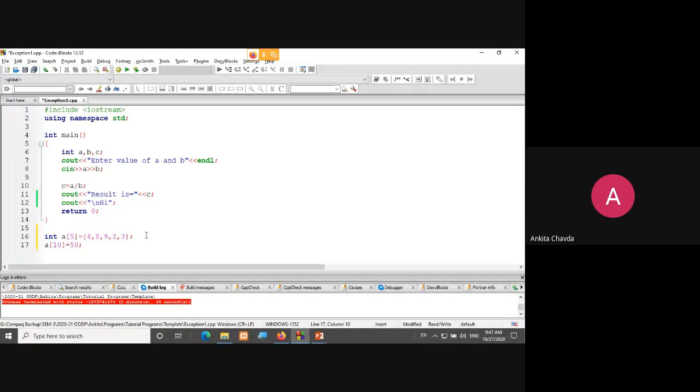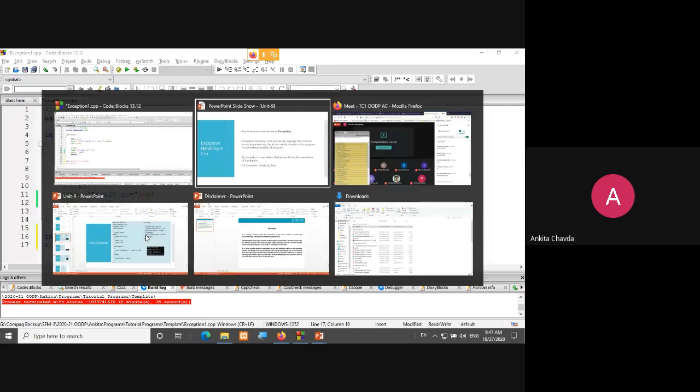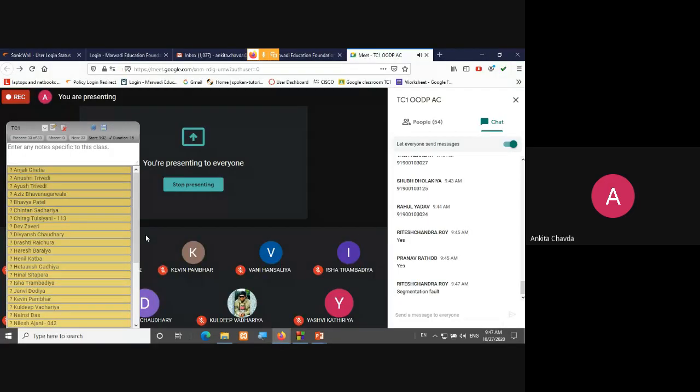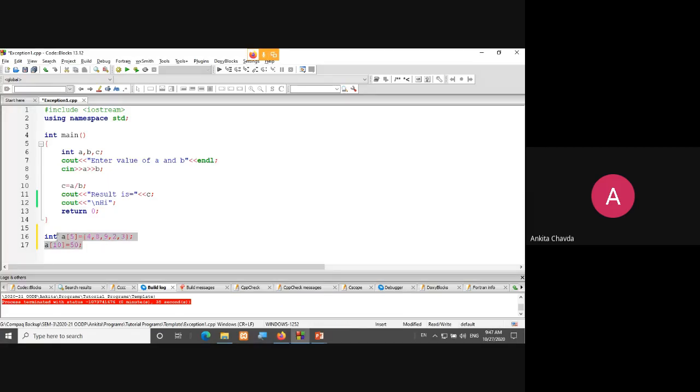My array size is only 5, so till a of 4 I can give values: a of 0, a of 1, 2, 3 and 4, total 5. But I am giving a of 10 equals 50. What will happen? Yes, segmentation fault. This is again one kind of runtime error. So this is what we need to deal with.